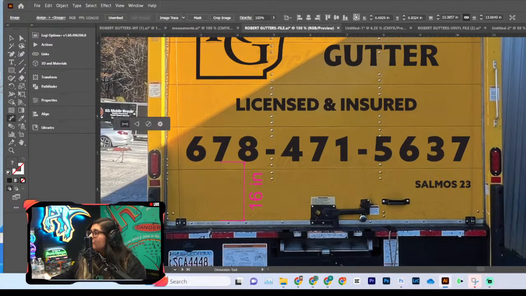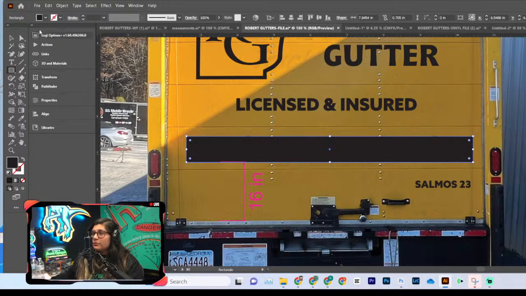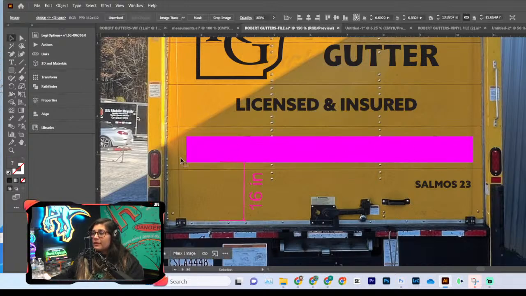So the next thing that I'm gonna do is make sure that layer is locked, of course. And now I want to get the width. So the way I'm thinking about it is I'm thinking about this graphic, and I think about all the graphics like a block. Like if this were a little block like that, right? And I have this block, and in order to measure this block or to get it centered, I have to